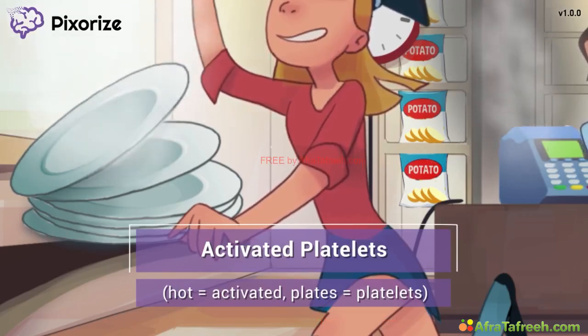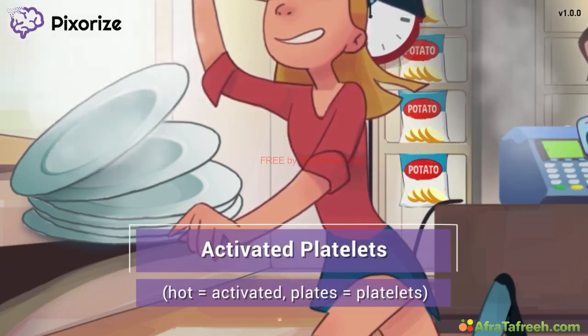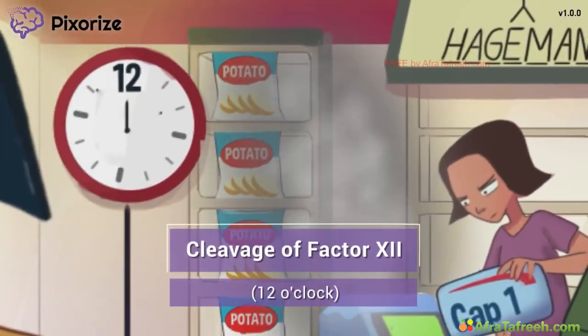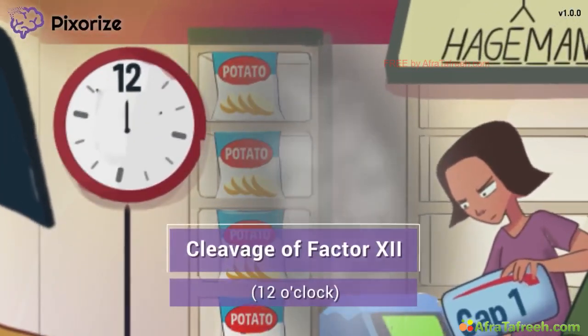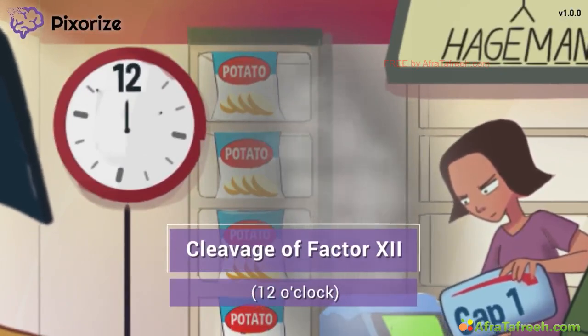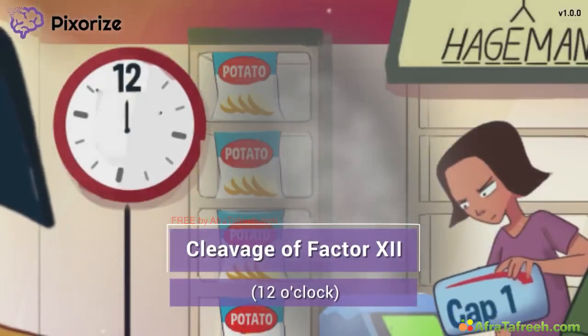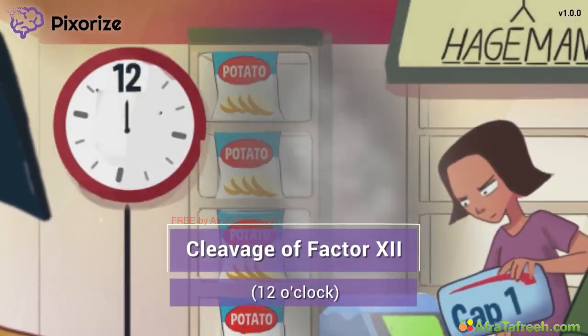Activated platelets are another sign of blood vessel injury that causes the activation of the intrinsic pathway for blood clotting. Next, let's check out that clock on the wall. It's obviously 12 o'clock, the perfect time for lunch at this indoor cafeteria. This clock at 12 is here to help you remember factor 12, the first clotting factor in the intrinsic pathway